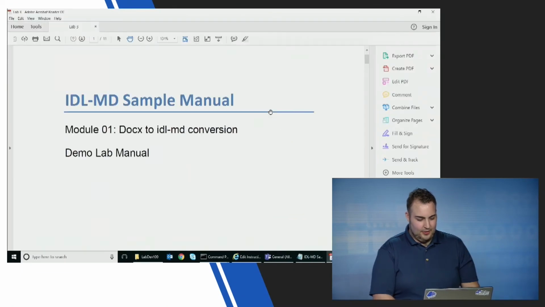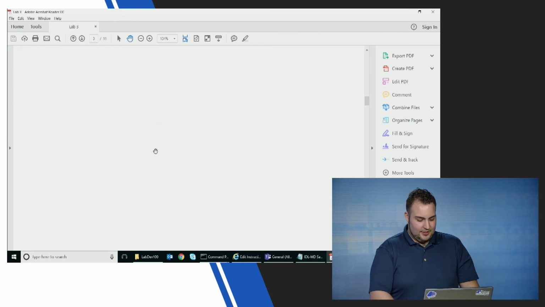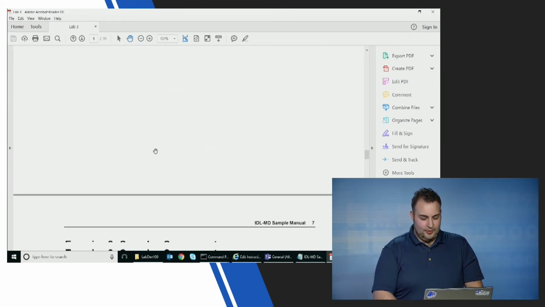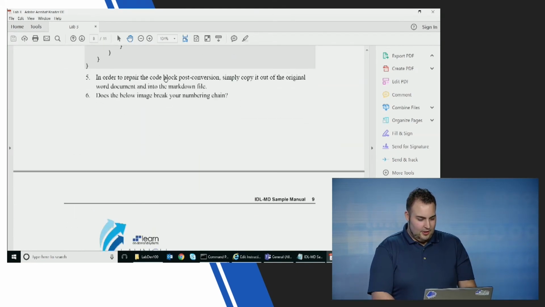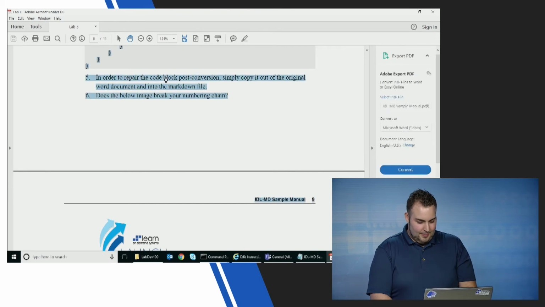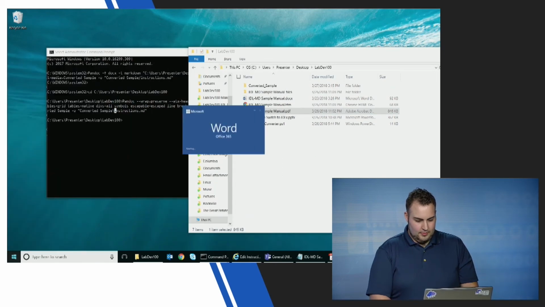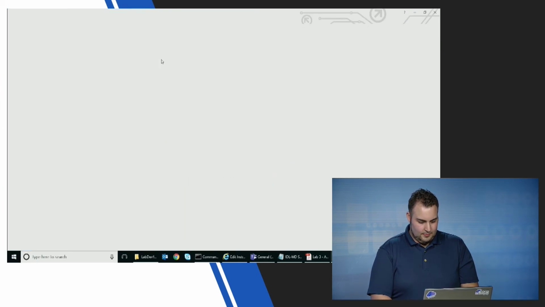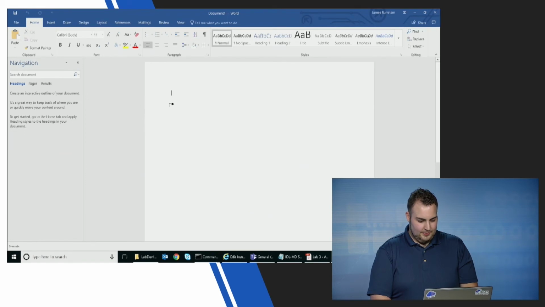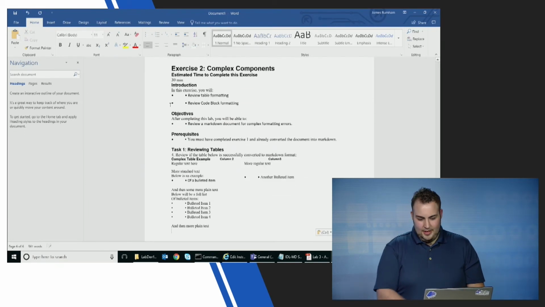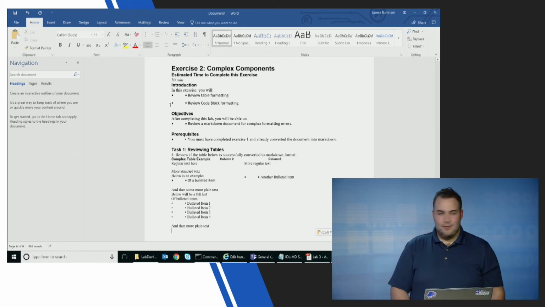What I am going to show actually is not Teams, because Teams popped up on me. So I have a PDF manual here. This looks pretty much identical to the way our Word manual did. Yep. All I'm going to do is a Control A, copy everything out, open up a brand new Word, and paste it in there. Okay. And then I would save it, and I would convert it the same way we converted our other Word